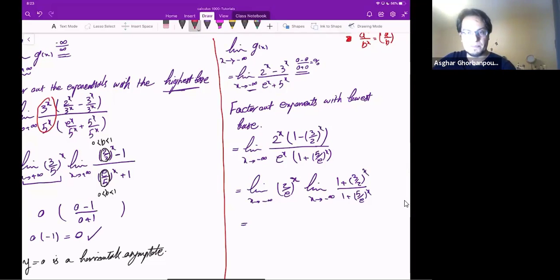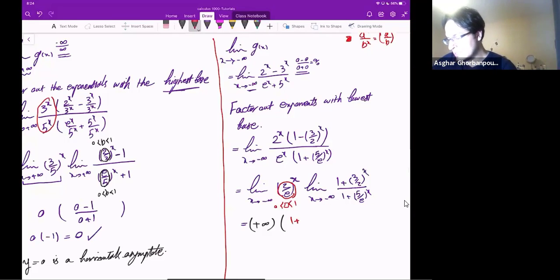When you have an exponential function, look at the base. Is it bigger than 1 or less than 1? In this case, it is less than 1. So the limit of b to the power x when the base is less than 1, as x goes to negative infinity, is going to be positive infinity. And the limit of these guys,